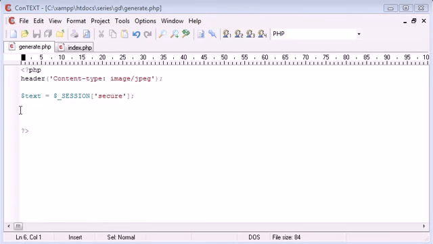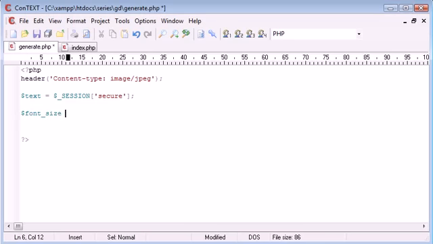create a variable with our font size. So bear in mind this is experimental, so the font size depends on obviously what font you're using. So for now I'm going to set this to 30, but we might want to change it later on. What we also want to do is set the